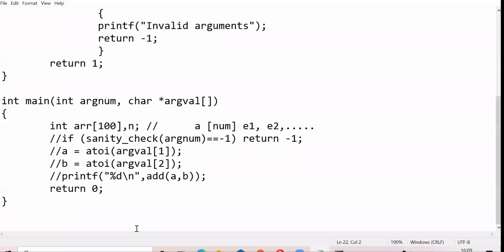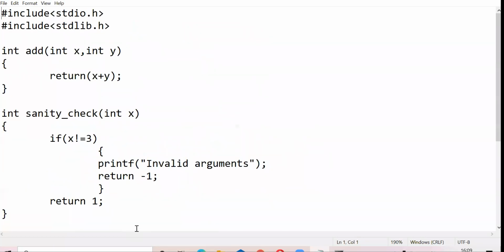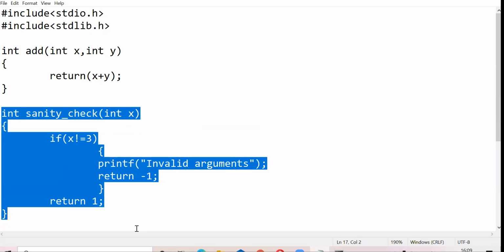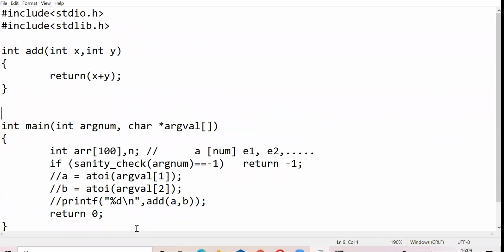Okay. What will be the sanity check condition here? We have done that in the previous lab. So the sanity check is based on both your argnum and argval, right? As of now I'm going to incorporate your sanity check here itself. Otherwise it will require a function which has an array as an argument. I'll slowly show that to you.